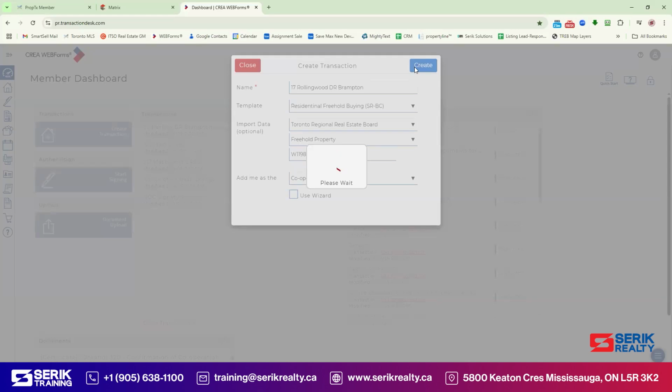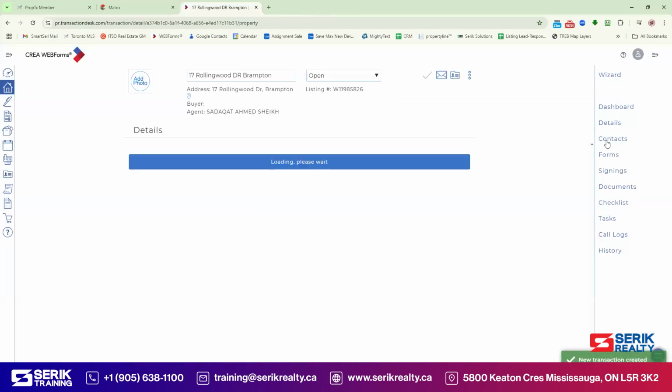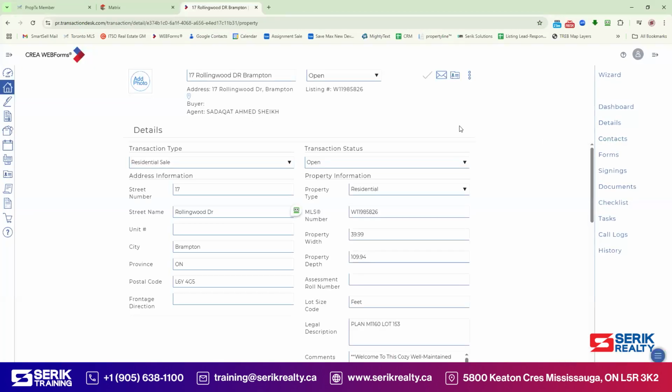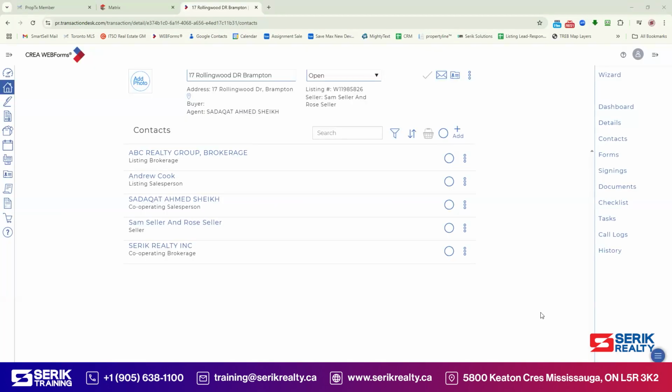create the contacts here. So we'll directly come here and then move to contacts. Coming to this page, the very first thing we have to do is go into contacts, and we have to add our buyers as contacts in the transaction. So we'll create new